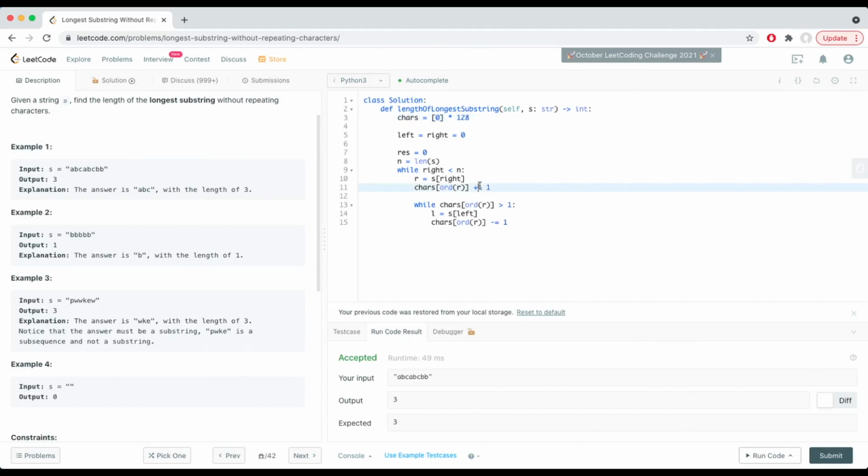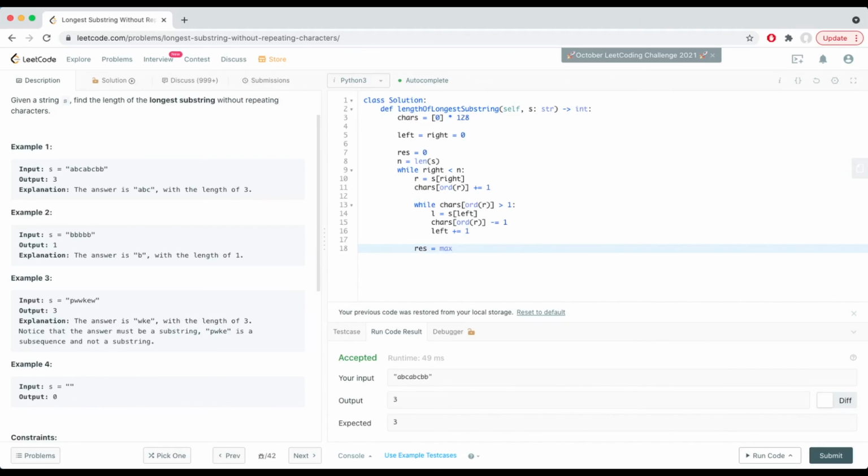Say if we had PW, we have a count of P, we have a count of W, and then we have a count of W twice when we hit the third character. That's when we take it out and we say that, okay, we only have a count of W once and we're going to have no P because this is going to be a new substring, okay? So we take that out. We're also going to move left once, and then finally